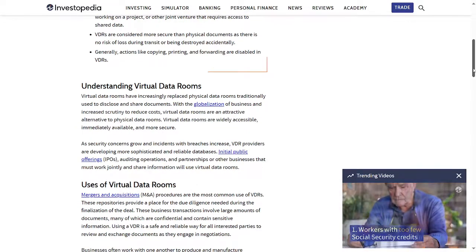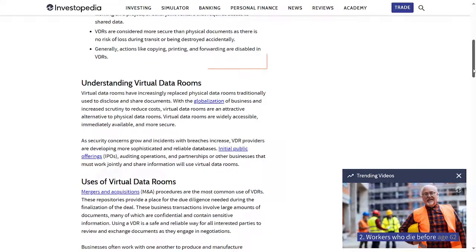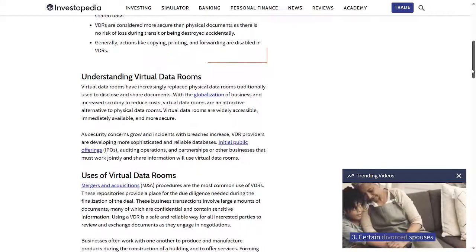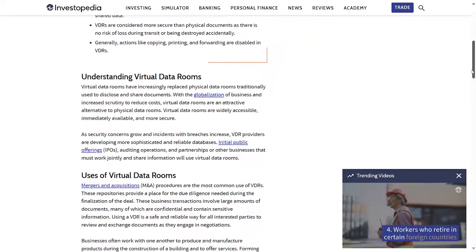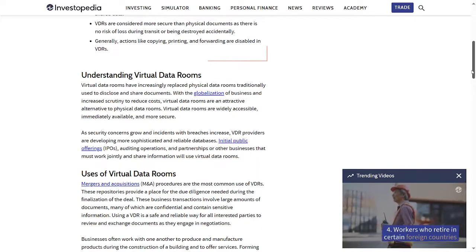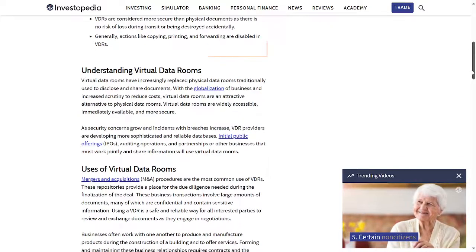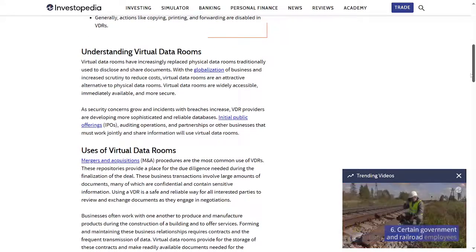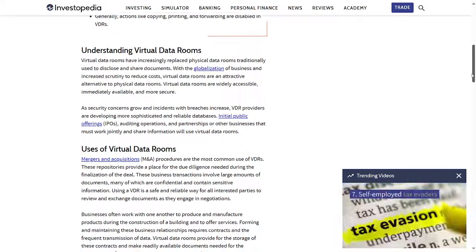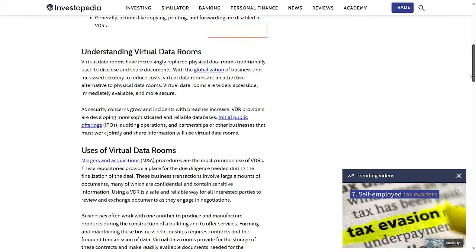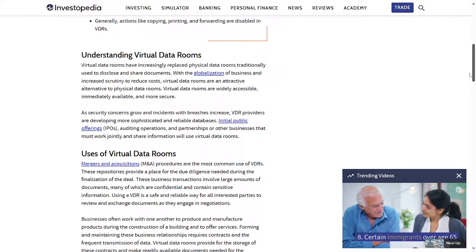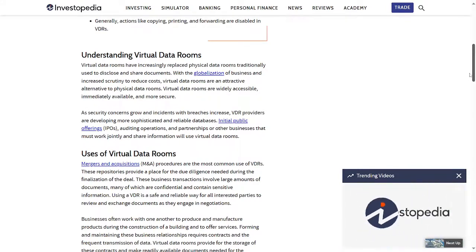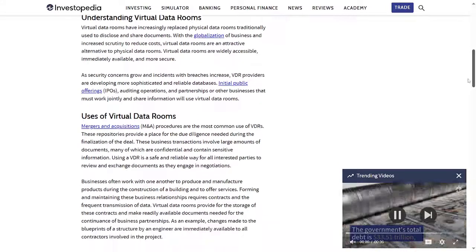With the globalization of businesses and increased scrutiny to reduce costs, virtual data rooms are an attractive alternative to physical data rooms. Virtual data rooms are widely accessible, immediately available and more secure. As security concerns grow and incidents of breaches increase, virtual data room providers are developing more sophisticated and reliable databases. Initial public offerings and auditing operations, and partnerships with other businesses that must work jointly and share information, will use virtual